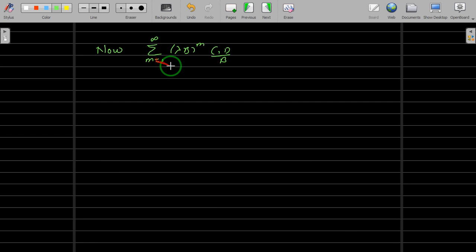Your convergence or divergence will not depend on these, it will depend on this, because it depends on the power m. Now this series converges if, what is the condition? When the series summation of x raised to n converges,